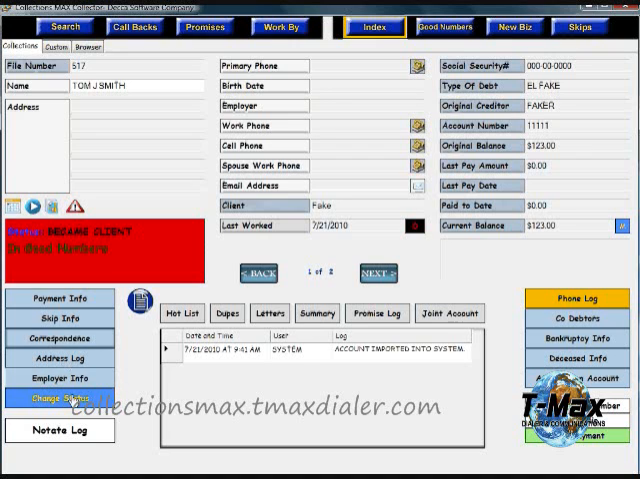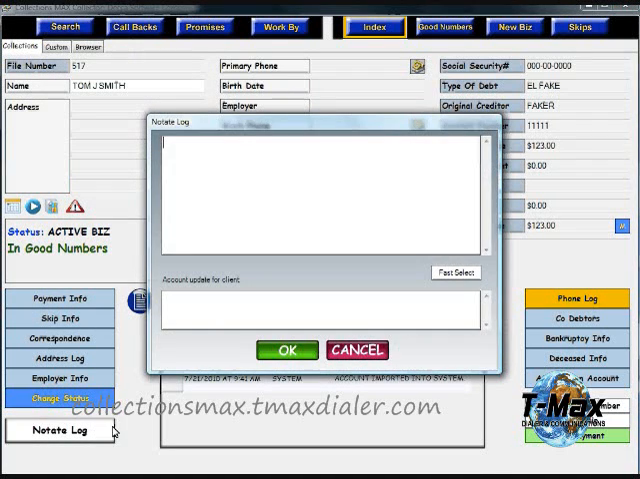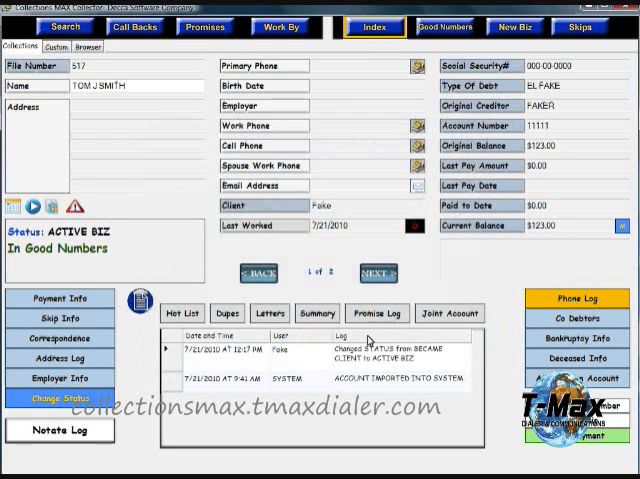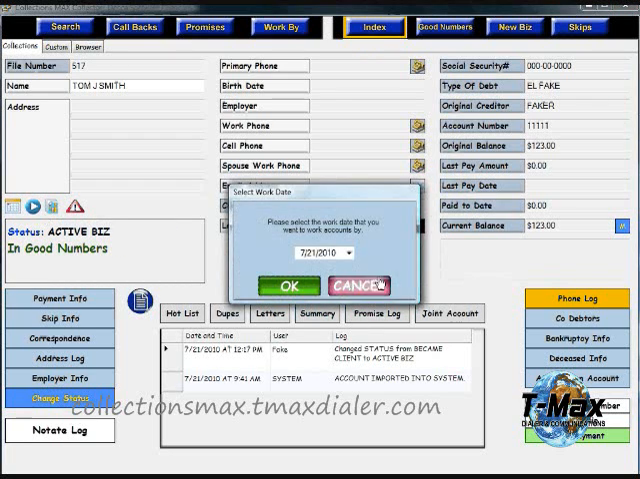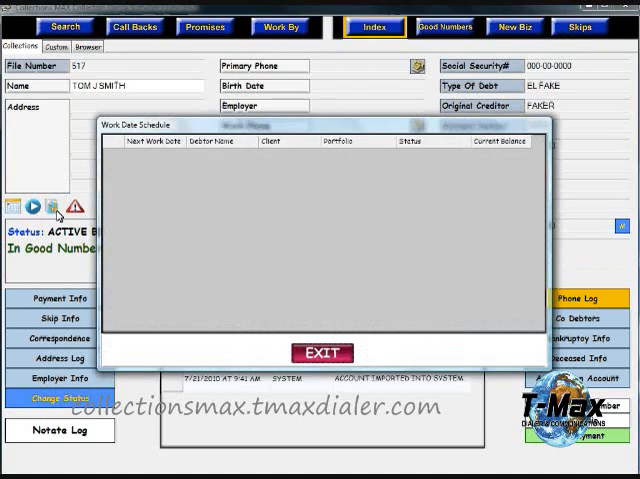Employer's information, the address log, as well as how to change. You can change the status to the different statuses, and in the administration side, you can add as many statuses as you wish, as well as to notate the log. You even have a fast select key, so you can go through and just click ones that you normally have pop up to you every day. Then you also can click what date you want to work this next, as well as select your work date, click to work date schedule,